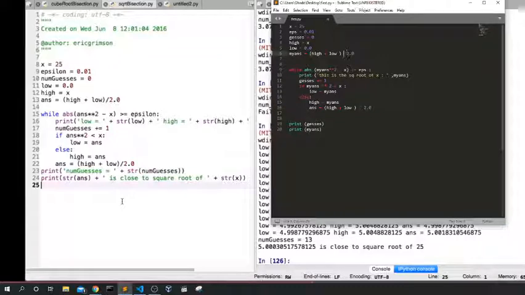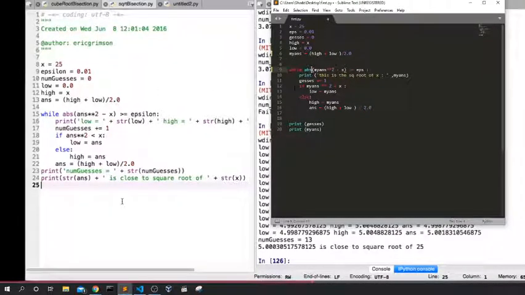Maybe the spaces, or so y, the absolute value of my answer squared minus x is bigger or equal to epsilon. Okay, print, this is just printing stuff.